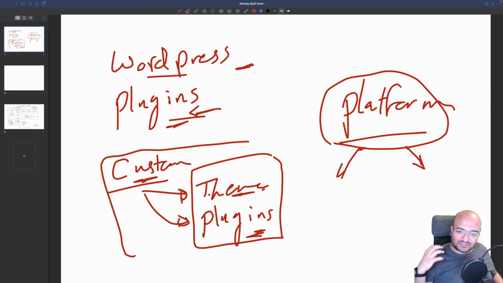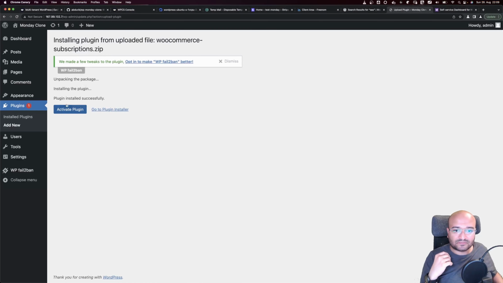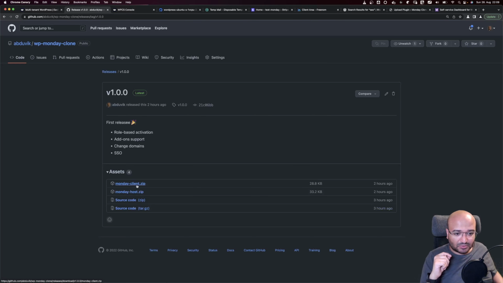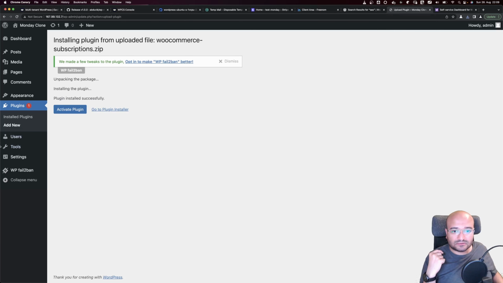And then we have the custom plugin for the host to speak to our tenants eventually. You are able to download them from my GitHub link that would host the different plugins available. So I'm going to download them now, and also I'm going to add links for them that you are able to download eventually. And let's go back to our upload, and what we need to upload is the host plugin,